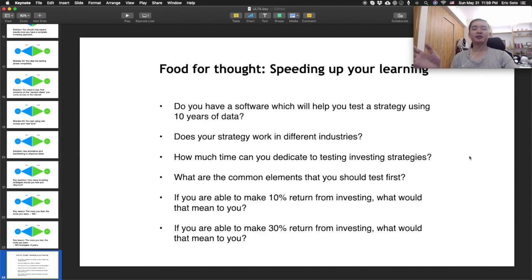Now the next one is cost and benefit. If you are able to make 10% return from investing, what would that mean to you? Maybe right now you don't have enough capital, so it doesn't even make sense to invest at all. Because if you make 10%, it's like $100 for you, then it's probably not worth it. If you make 10%, it's like $30,000 for you, then it's fantastic. So it's all about cost and benefits and how much time you should dedicate to it versus how much you